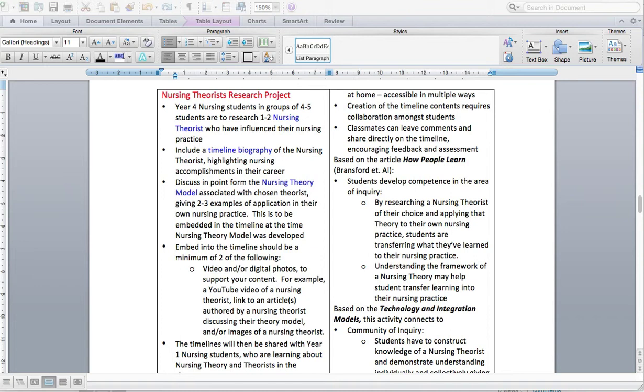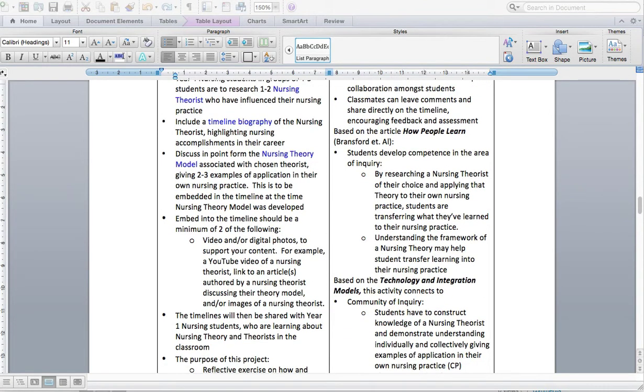So they're going to include a timeline biography of the nursing theorist, and they're going to highlight accomplishments of that theorist's career. There's also a comment section in the Maestro timeline. So the students will be able to discuss in point form the nursing theory model that's associated with their chosen theorist. And then they're going to give 2 to 3 examples of application in their own practice. So all of this information is going to be embedded in the timeline, and they'll use things like video and digital graphics,